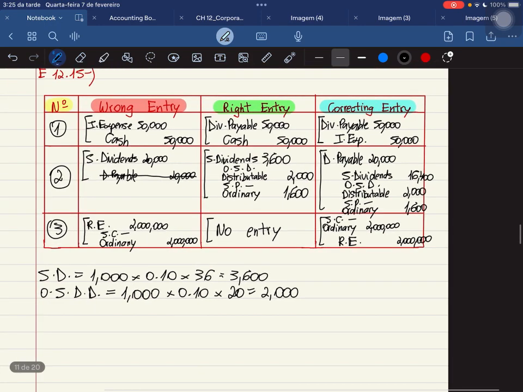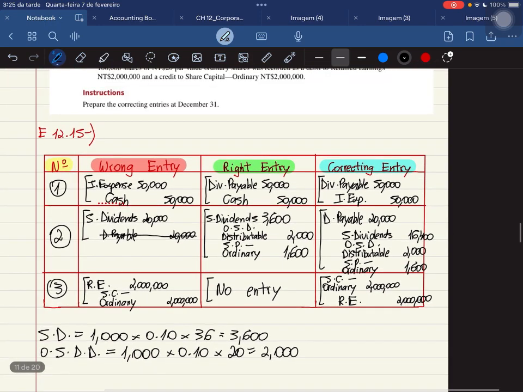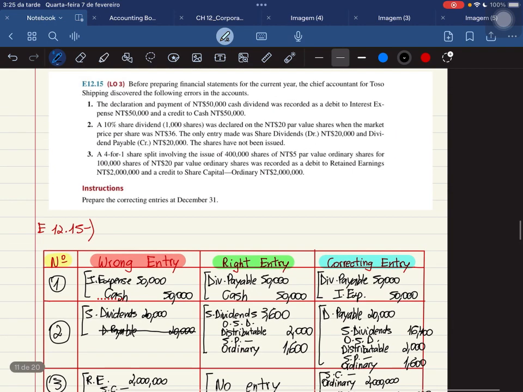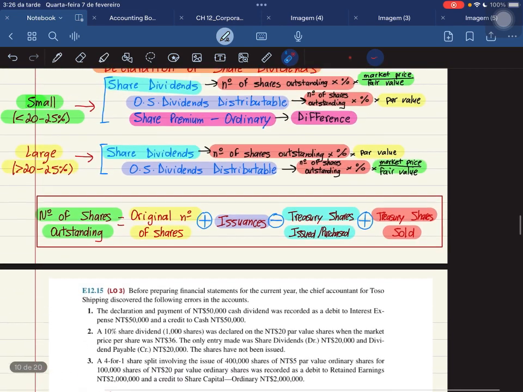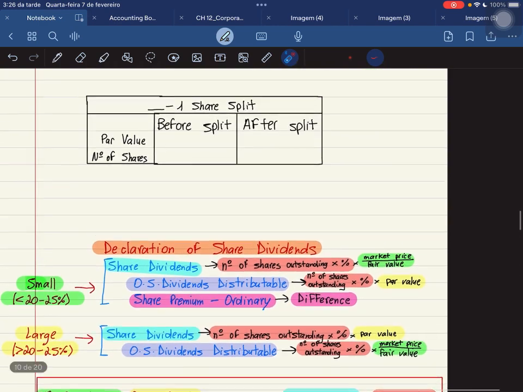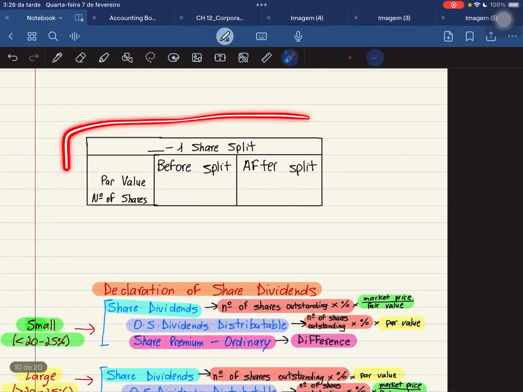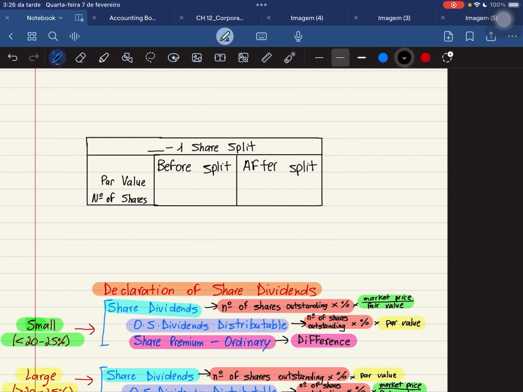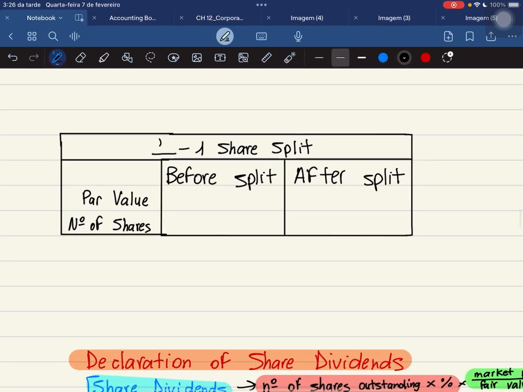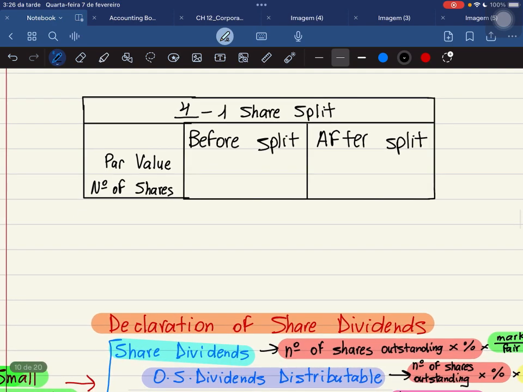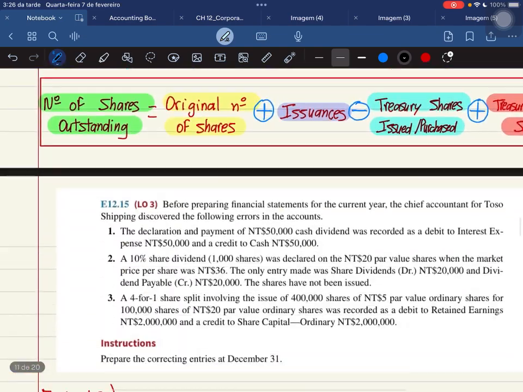Now, in this case, we didn't have to deal with the share split and all of that, but let's say that, for example, they didn't give us all of this information and we had to calculate it by ourselves. Well, what you would have wanted to do is to have a table that would look like this. And then here you could fill in the information. For example, 4, this is a 4-to-1 share split. And then you have the previous par value and the previous number of shares and before and after. So for example, in our case,